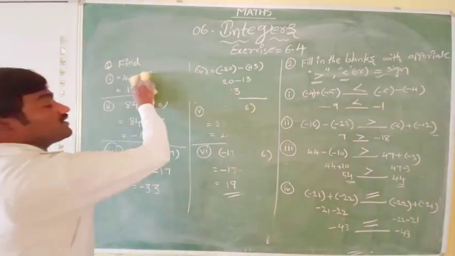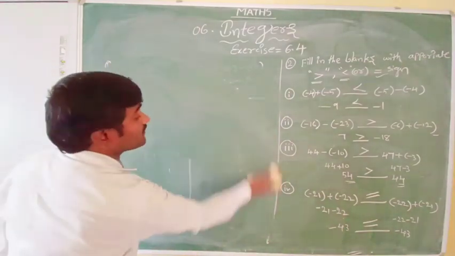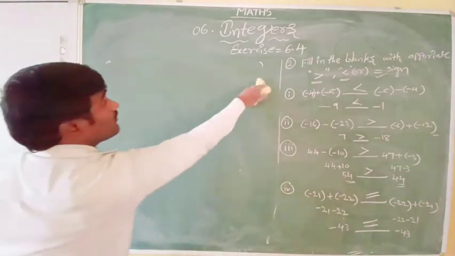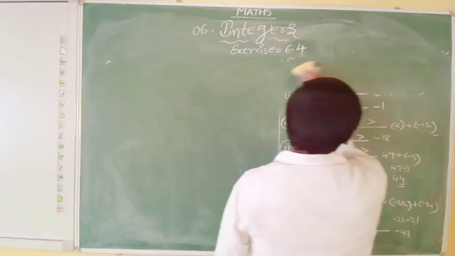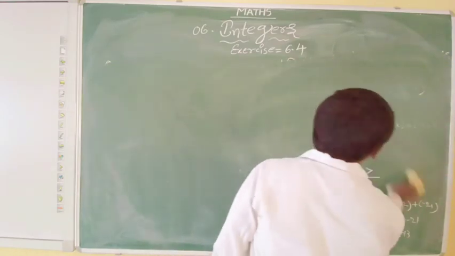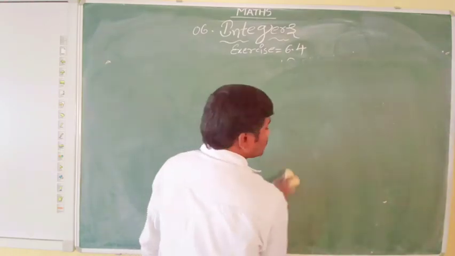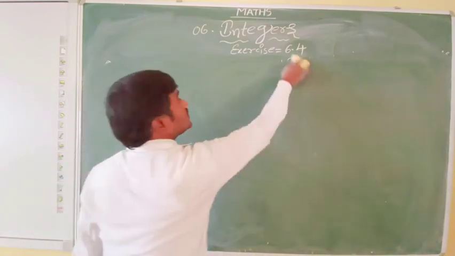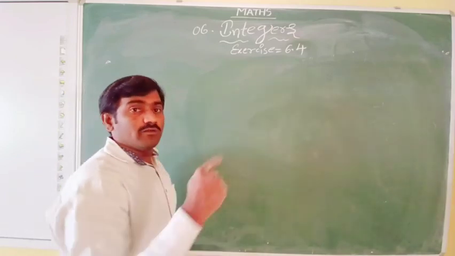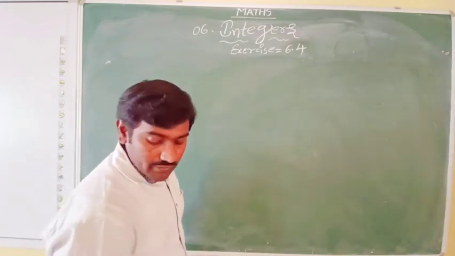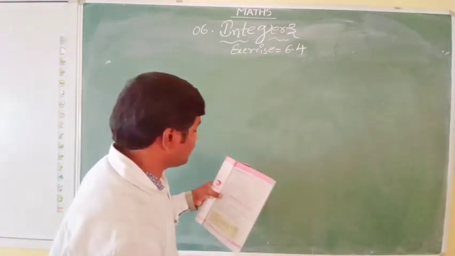See that what I have done in that bit, using a correct symbol between them, either less than or greater than or equal. When you can compare, it is greater or less than or equal when you know the comparison of numbers. If you see the basic operations of integers video, you can understand this very well. So I will try to keep that video in the description. You just watch it, or in my channel in the playlist, you will be getting the same video in basic classes. There is a basic classes column in the playlist. There you will get it.